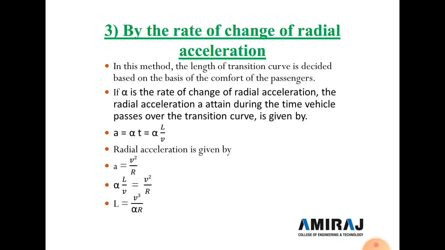So the time is the length of the curve divided by the velocity of the vehicle. Now radial acceleration is given by a equal to V square divided by R. Clear? So a is alpha into L divided by V. So write it here, and V square divided by R. So L is equal to V cube divided by alpha into R. So alpha is the rate of change of radial acceleration. So this is the third method for finding out the